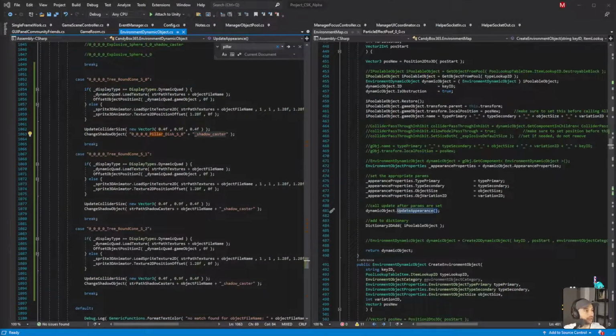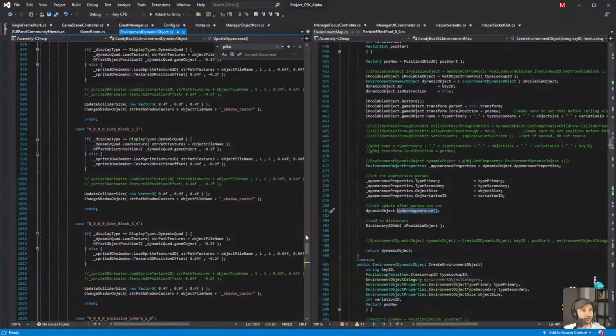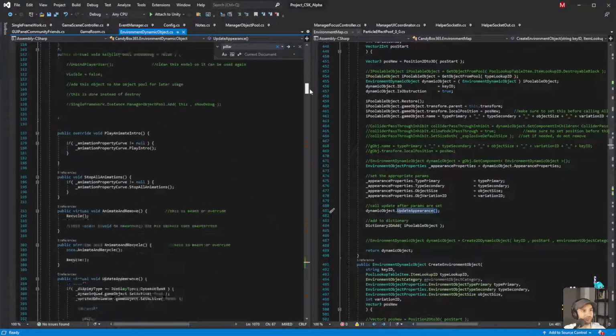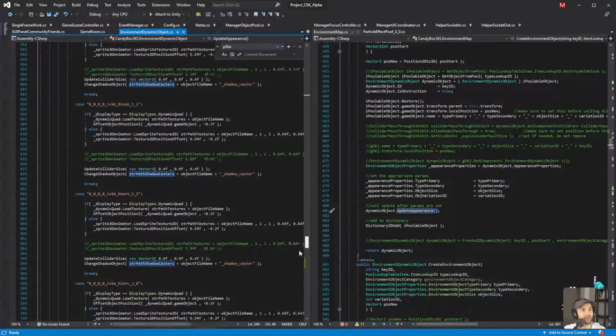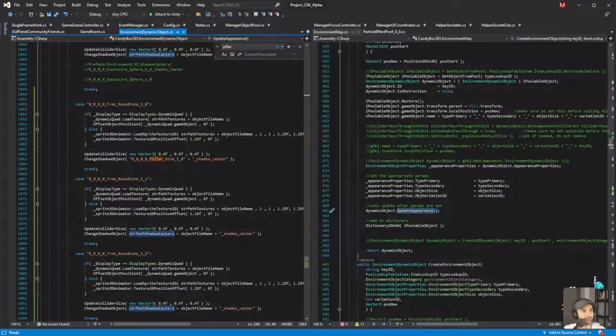Okay, so it should work. Again, it's not a great solution, but it should kind of work. So I need to add that to the beginning of it, and that should fix it.